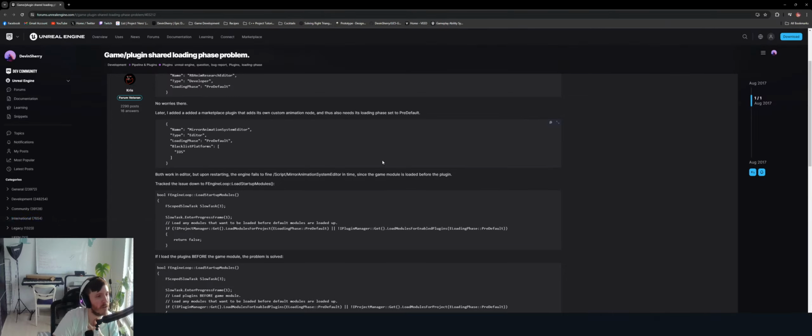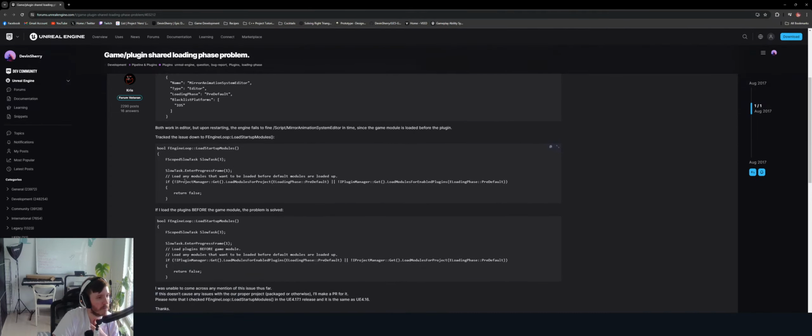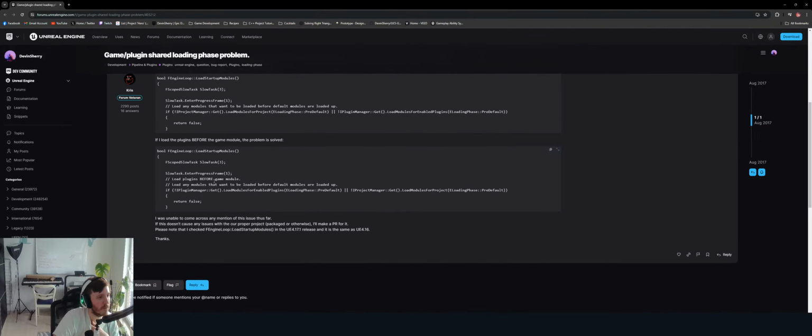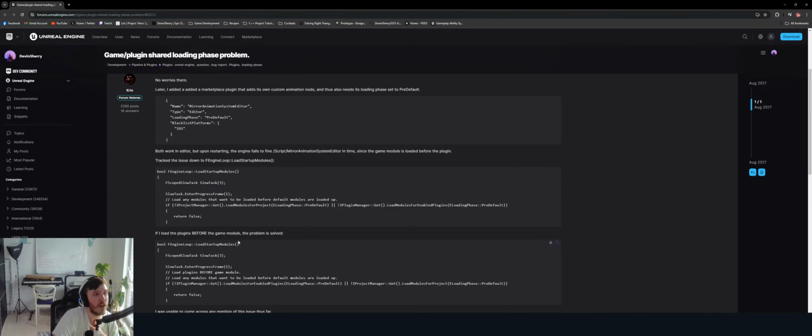Both work in editor, but upon restarting, the engine fails at runtime. Okay, so what does it do? If I load the plugins before the game module, the problem is solved. Okay, this is of course the problem that we have,